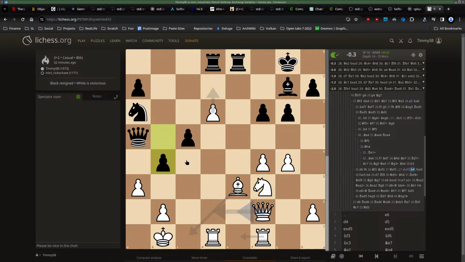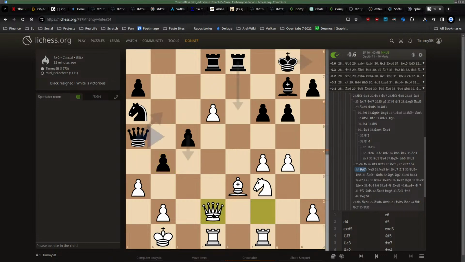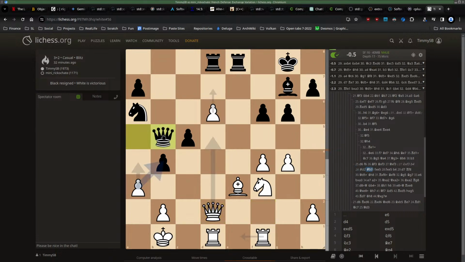He played b4. So where did I give it away then? I felt like he had an attack I couldn't even stop anymore. Queen here? Really? Still going for this check. Instead I put it here. Okay, still doable. And then he played queen b5. And then I played